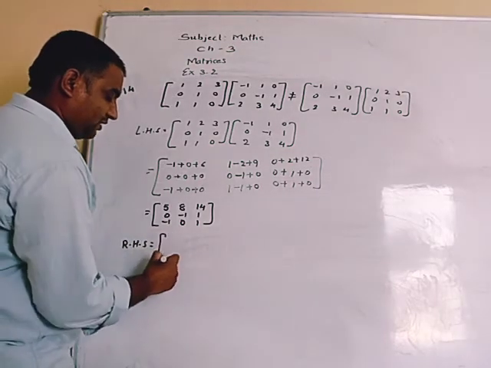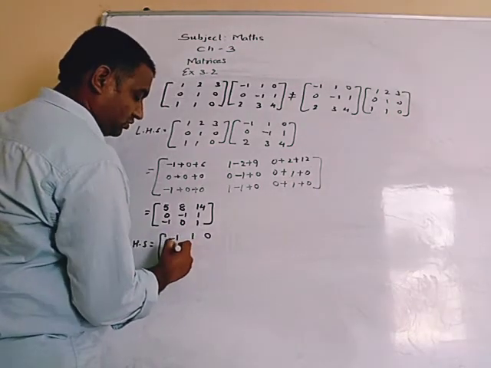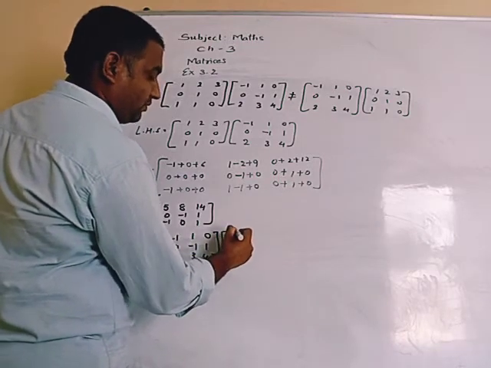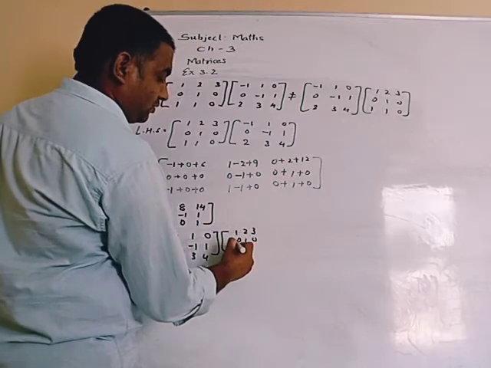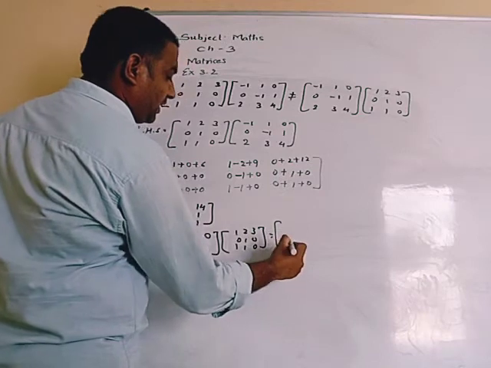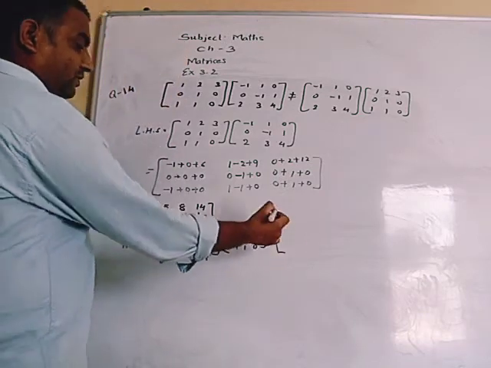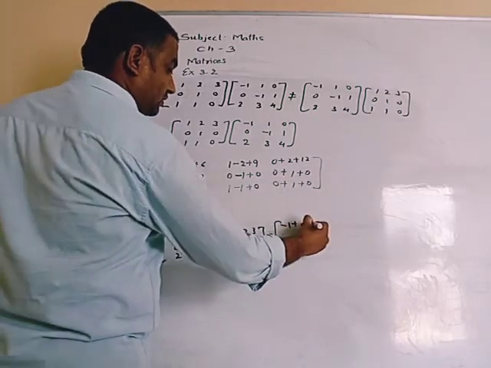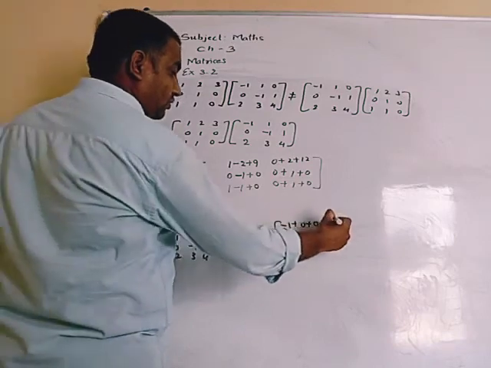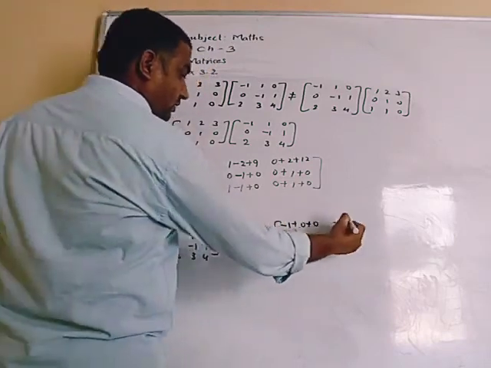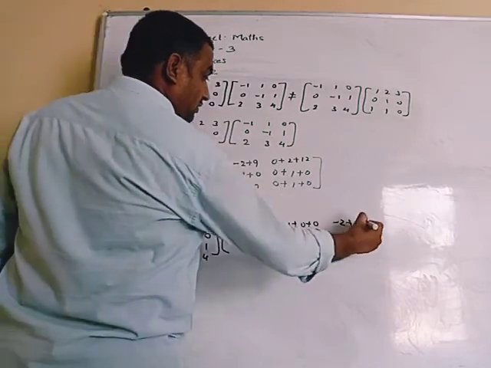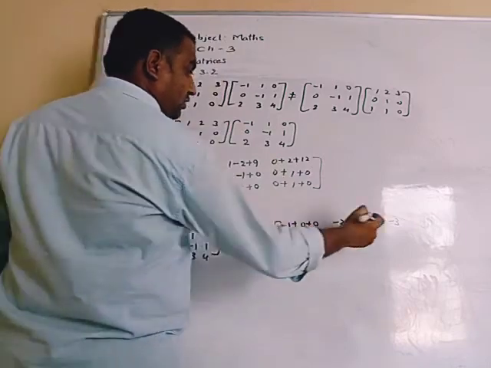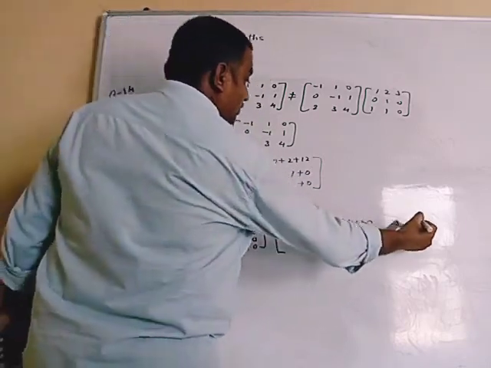that is two matrices minus 1 1 0 0 minus 1 1 2 3 4 multiply 1 2 3 0 1 0 1 1 0. So we write its multiplication: minus 1 into 1 is minus 1, 1 into 0 is 0, 0 into 1 is 0, minus 1 into 2 is minus 2, 1 into 1 is 1, 0 into 1 is 0, minus 1 into 3 is minus 3, 1 into 0 is 0, and 0 into 0 is 0.